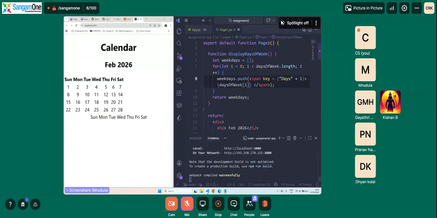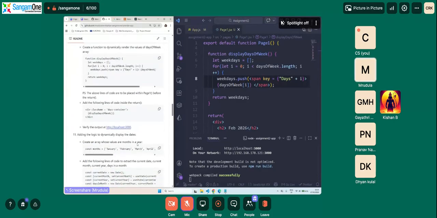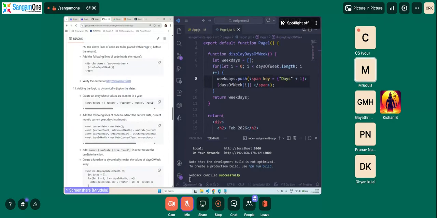Now the next thing is to display the dates as well. For that, we need to have the months, because every month has a different number of dates, correct? Some months have 30, February has 28, and the other months have 31.